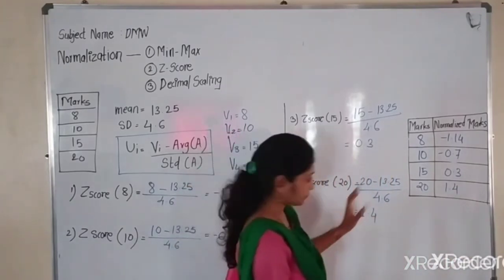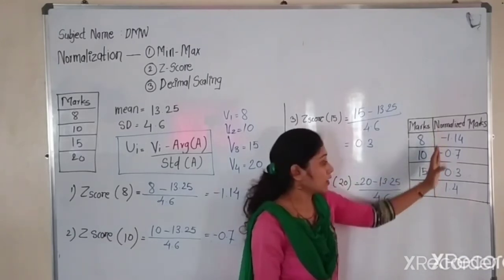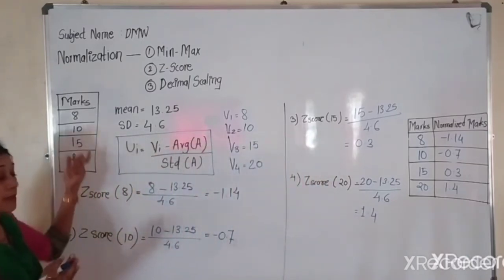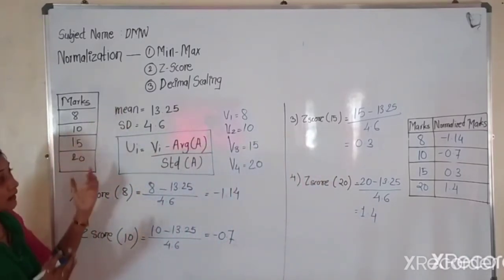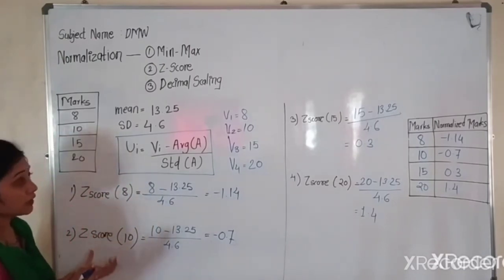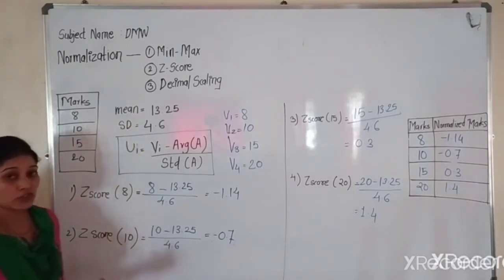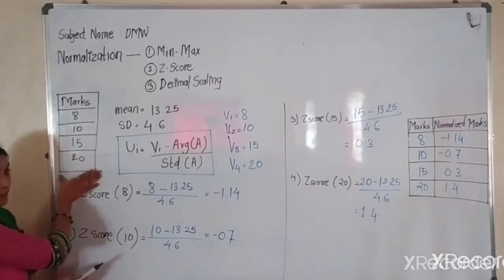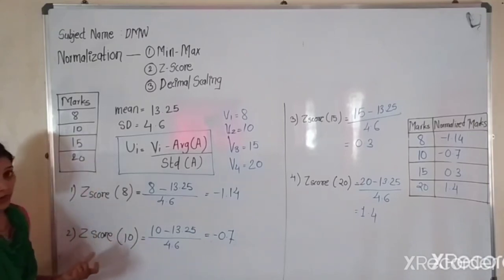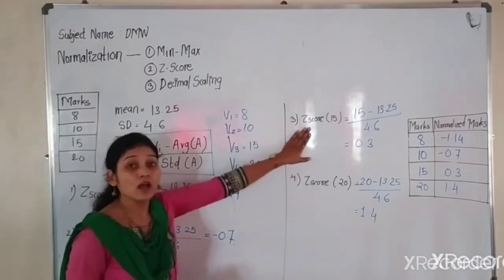In this way you are converting the marks into some normalized value, specific to a particular range. The same example we have seen for min max gives different ranges, because we applied the range 0 to 1 there. Here we are not calculating the range, but we are calculating using the mean and standard deviation. The question for this can be like, you are given a table with a mean and standard deviation, and they will only ask for one particular value. For example, find the Z-score normalization of value 15. For that you only have to calculate this part.